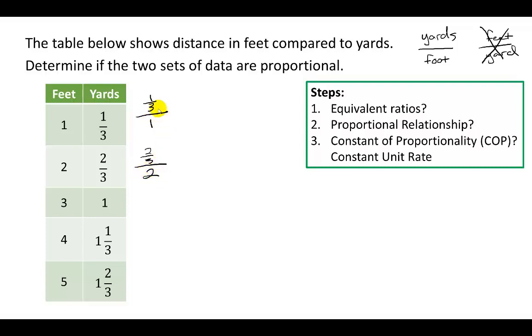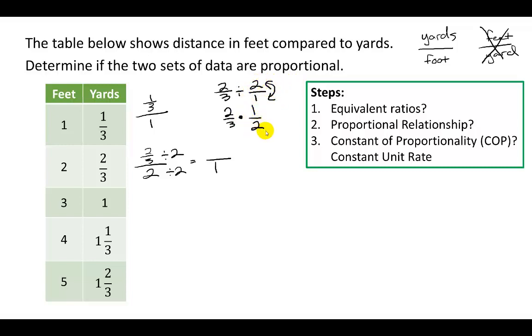To compare, to see if we have equivalent ratios, I need to divide by 2. And I'll divide 2 to the top as well. That gives me a 1 on the bottom, and now I have 2/3 divided by 2. I need to make them both into fractions, so I'll put it 2/1. We don't divide fractions. Instead, we're going to keep 2/3. We're going to change division into multiplication, and we're going to flip or take the reciprocal of the second fraction,